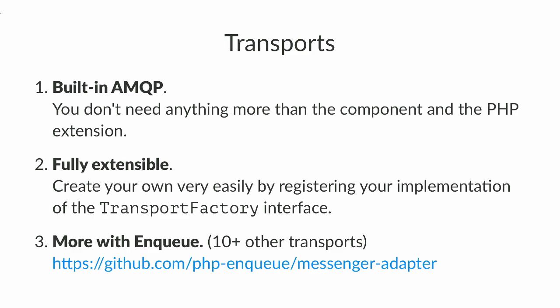It turns out that there is a very, very good PHP library called Enqueue, which is at least very good in terms of support. They support, I think, 12 or so buses, such as Doctrine DBAL, message queues, and all these kinds of things. So if you want to push your messages to Kafka, or if you want to push them to Google Pub/Sub, all this kind of stuff, they've got you covered, and there is an adapter or a transport to use Enqueue within Messenger. So you can already use multitudes of transports.